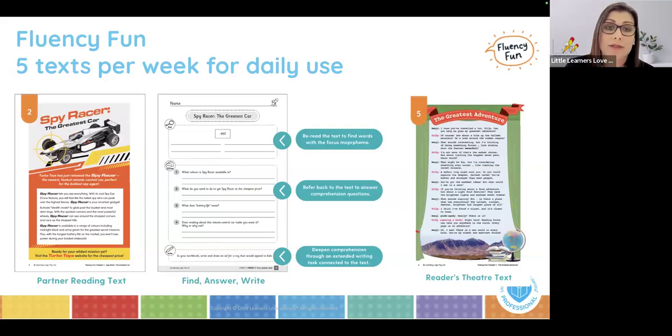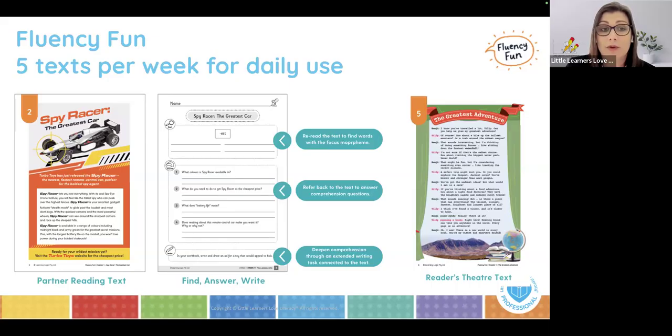They also do some small group reading and writing, and we know that they can use the Fluency Fun text in the small group. Repeated reading builds that fluency. There's opportunity in that small group to model, provide feedback and practice, and really support students on their area of need. On day 5,